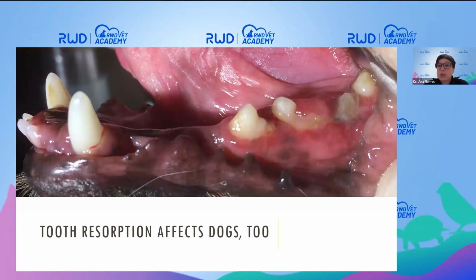Okay, so this is what we know, not really much, about tooth resorption in cats. What about dogs? Tooth resorption can affect dogs as well. We know even less about tooth resorption in dogs compared to cats. There are basically 2-3 studies currently looking at this problem, and 2 of them are now 14 years old. So let's still have a look at what we have available and what we can do